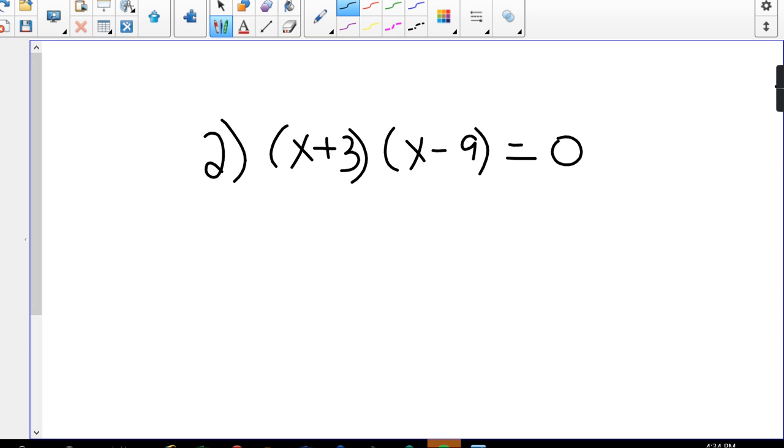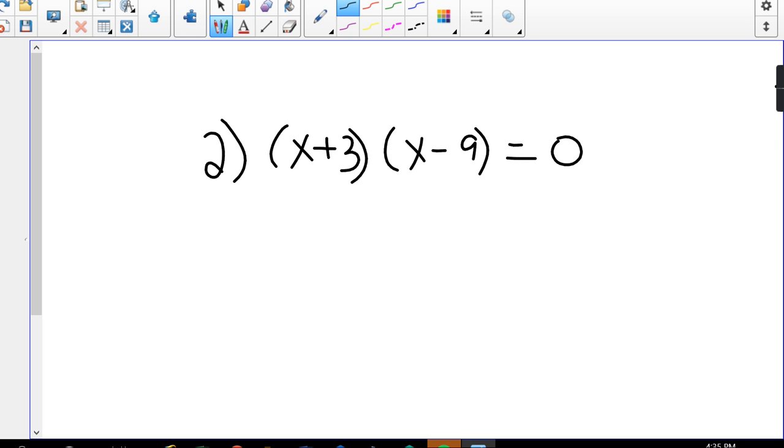Second quadratic equation for this quiz. And this time we have our quadratic equation written as the factors of whatever the equation was, right? And these two factors are multiplied to equal 0. And we know that when we have two factors multiplied to equal 0, we could use our zero product property,